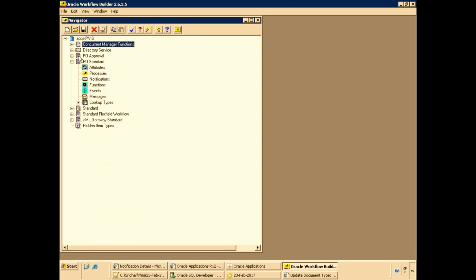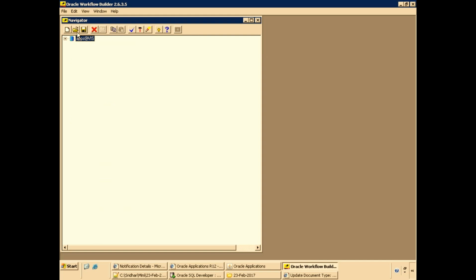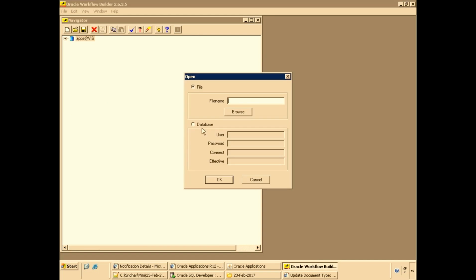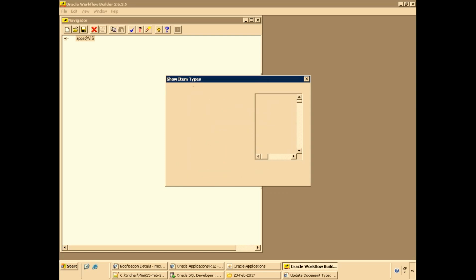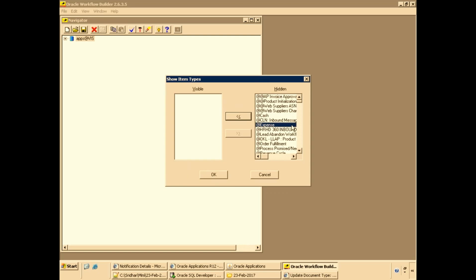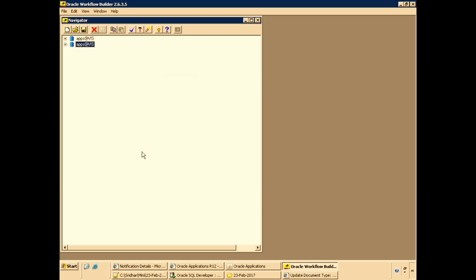You can have the other existing ones also; it doesn't need to be deleted. Click on file, open. Again, you have to mention the connection. This is the way. Now just search for XXLTWF sample 2017. Do you see that? Click on OK.